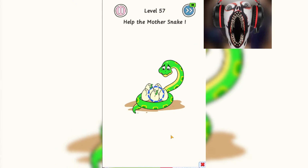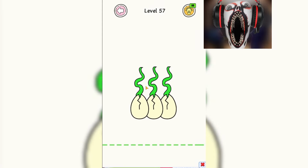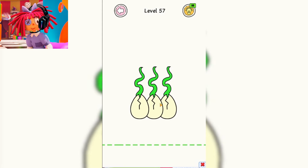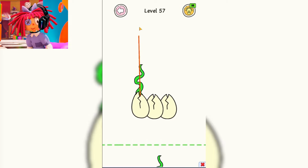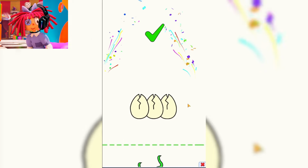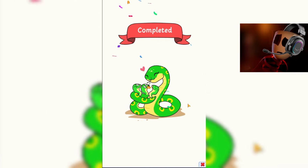And now we need to help Mother Snake make her babies hatch. Let's get them all out of these eggs. It seems to me quite strange that we need to get these snakes out of the eggs, but it seems that it is necessary. After all, they cannot get out of there on their own, and now that we have helped them, the mother snake is very happy with the offspring that she has produced. Just look at this cute family of